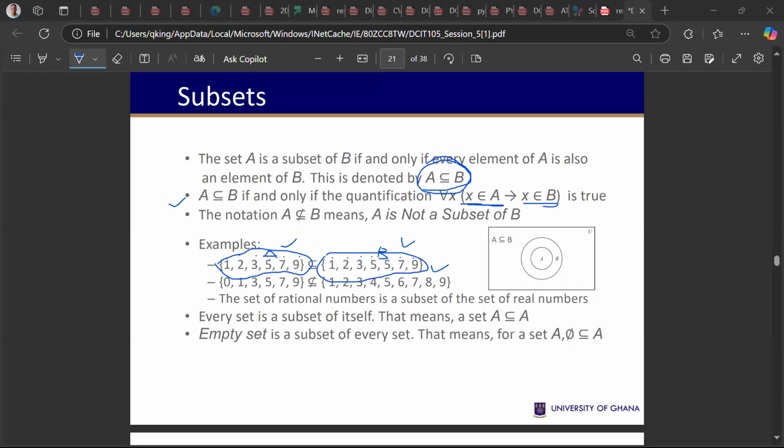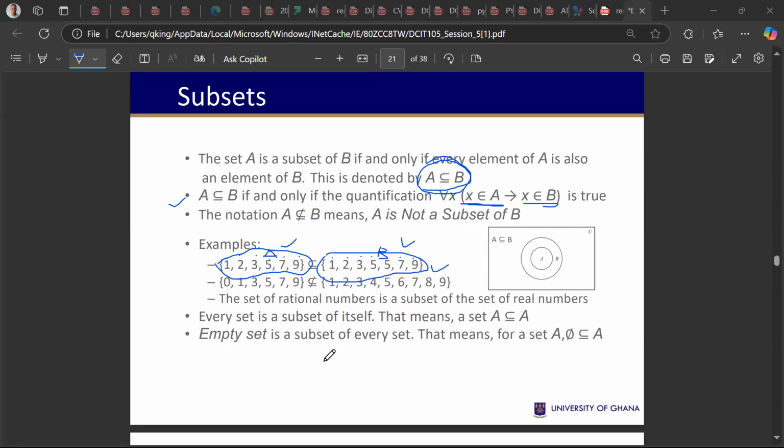Okay. So with this statement, the empty set is a subset of every set. That means for a set A, the null set is a subset of A. What this presupposes is, let's look at it in this scenario: let's say a set A is a subset of a set B, which is written as